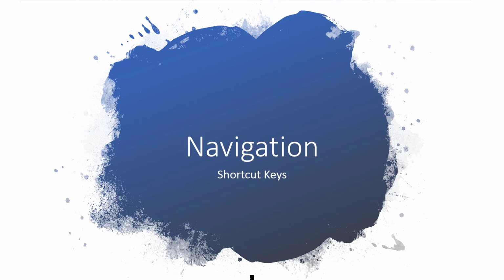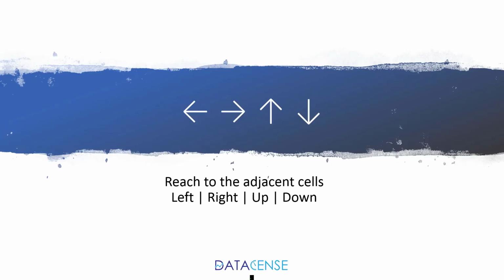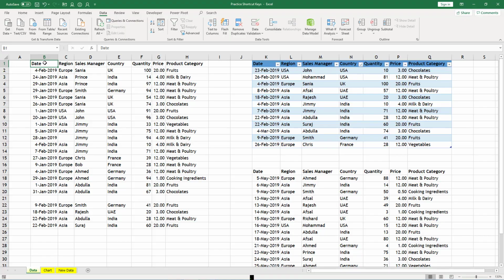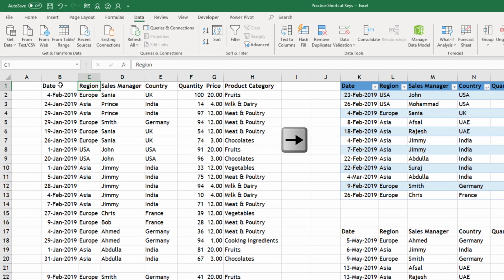So let's jump into Excel now. First and foremost are your arrow keys. When I press right arrow, I move from one cell to another, one cell at a time. Same with down arrow, left arrow and up arrow. Their main role is to move by one cell wherever you are, and the direction of the arrow decides in which direction you will move.